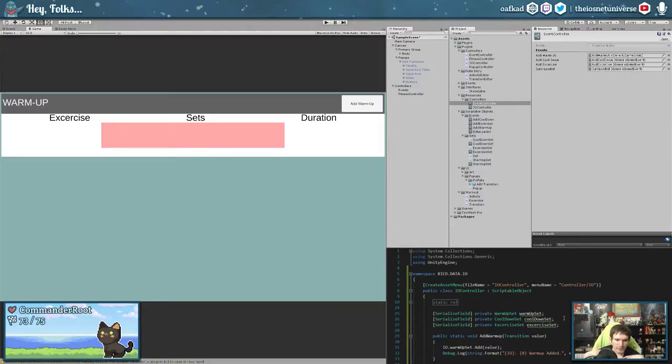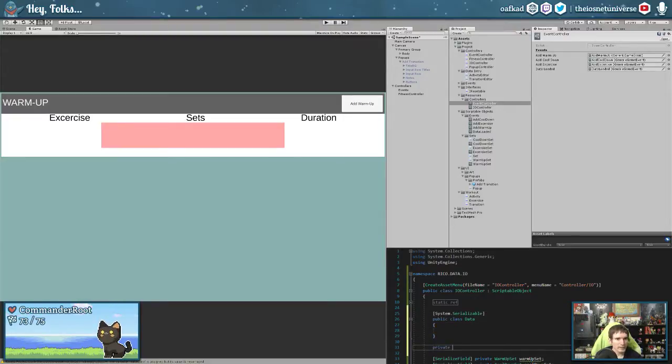Alternatively, I could send an event for each piece that is loaded in. So like after warm-ups are finished loading, then tell the warm-up objects that, you know, we'll figure it out. Yeah. So I guess the best avenue is actually to already make this its own class. So public class data, which should be giving you deja vu at this point, but system.serializable so that it shows up in the inspector.